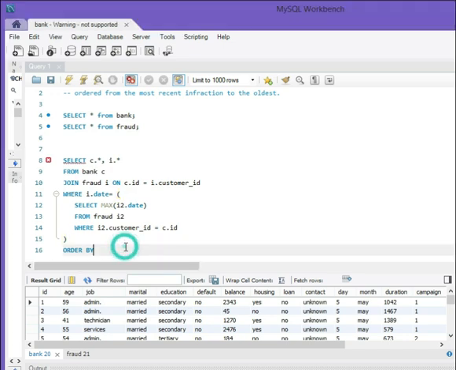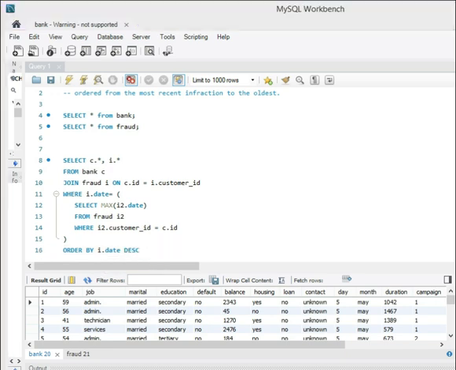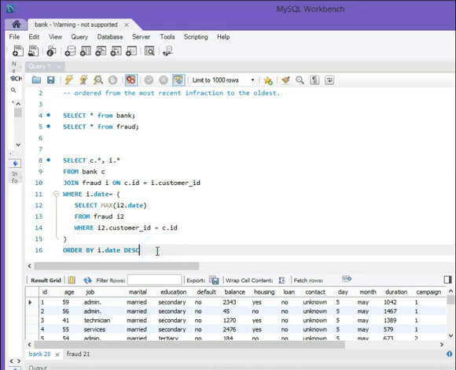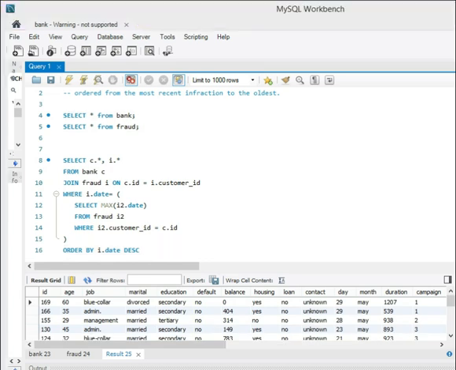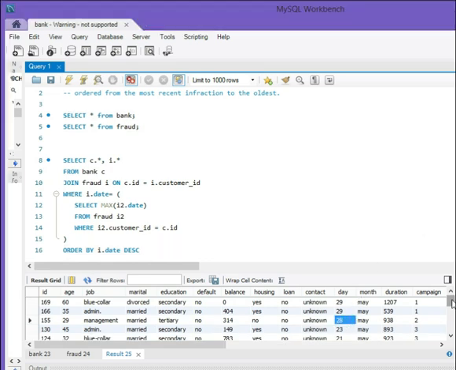The fraud table alias, date column, and the DESC keyword will order the dates from the newest to the oldest. And so let's try now our query. And as you see,